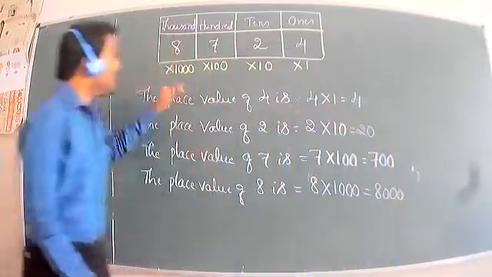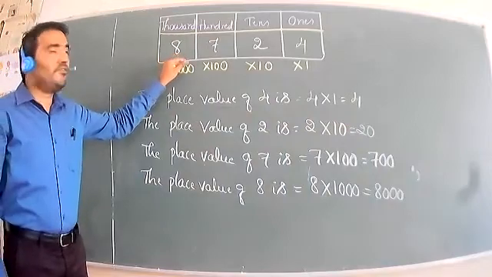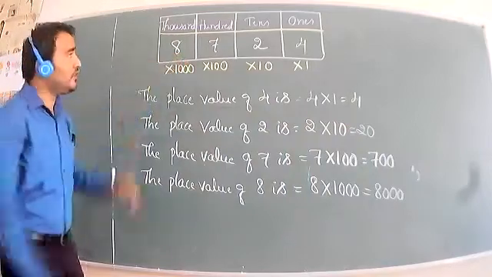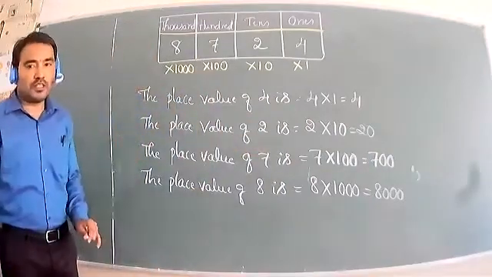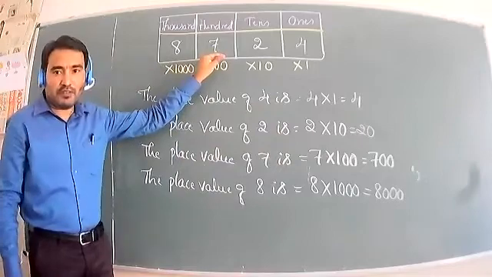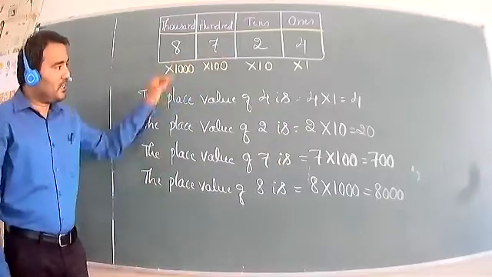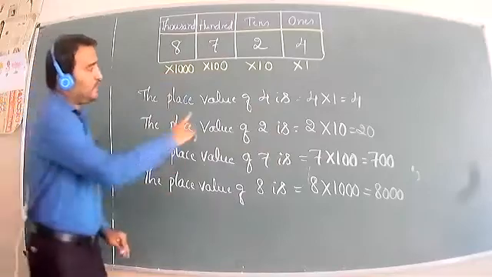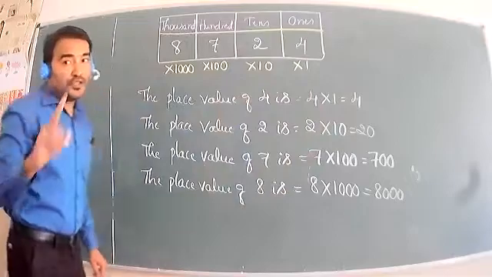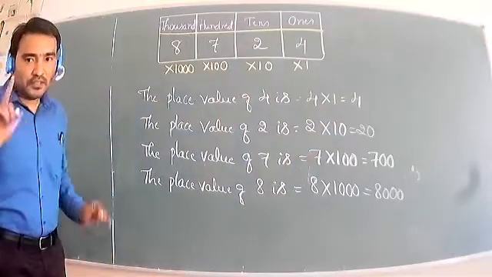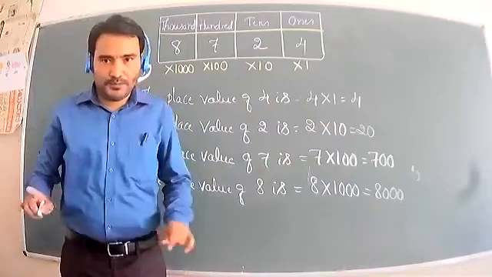Guruji, sometimes in the place of 8 there is 6, 6 into 1000, or in the place of 4, 4 into 1000. Guruji, here only 7. So we write 6 or 4. So what about the 4? In the place of 4, what will come? It comes 4 into 100. We get 400. Keep in mind. The place value of 4 is 4 because it is the ones place. Sometimes zero is there. We multiply 0 by any number, we get 0.